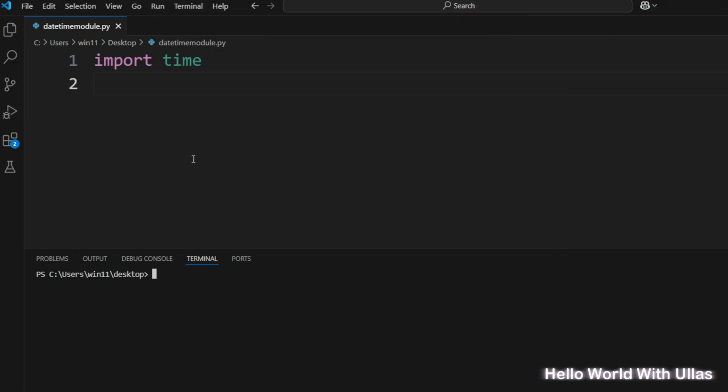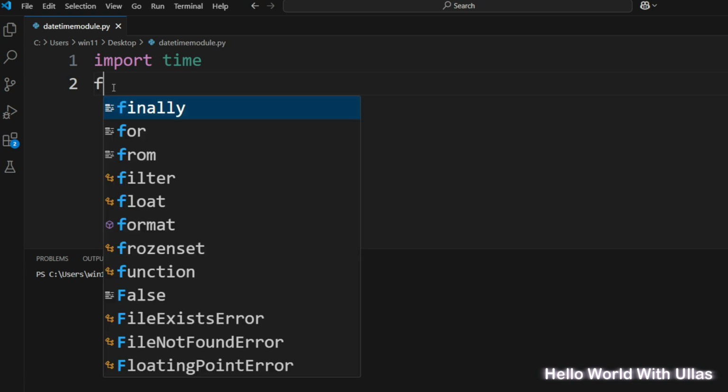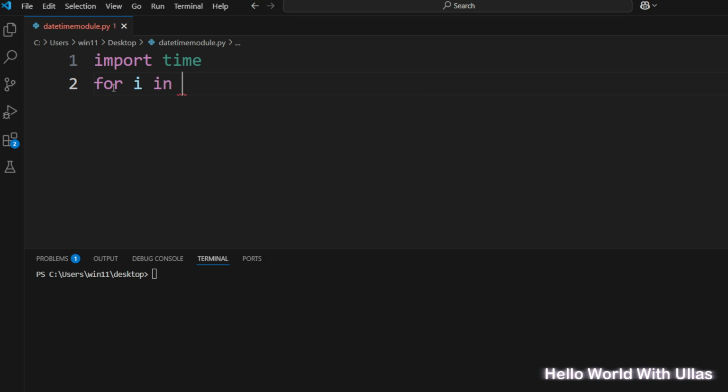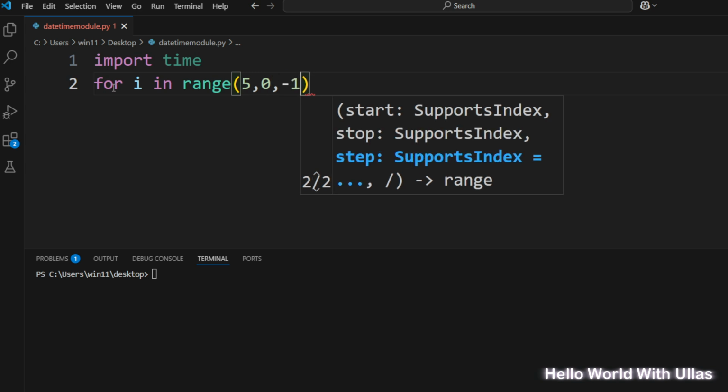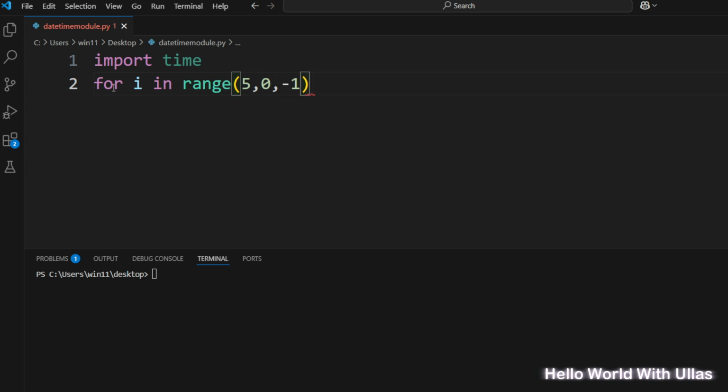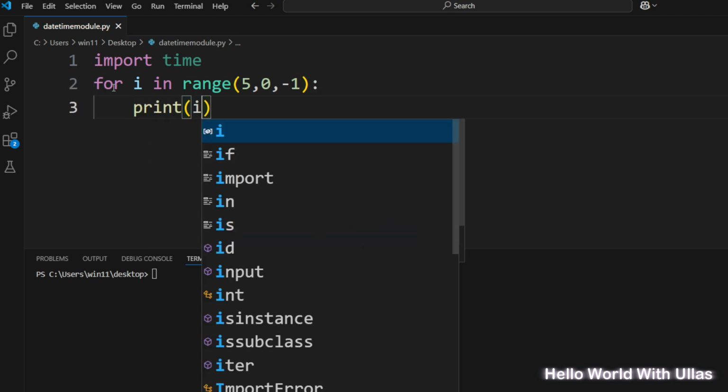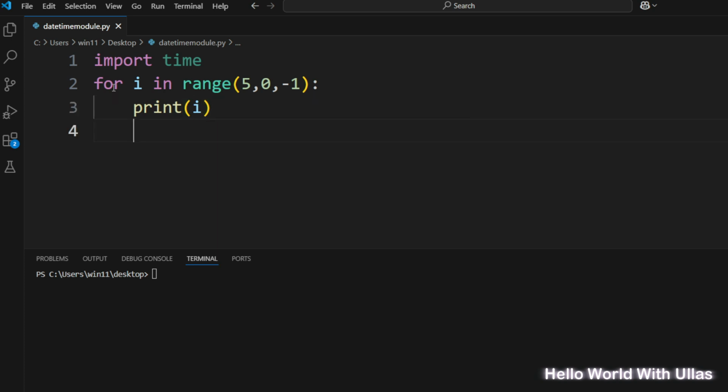Now quickly we'll see a real world example, like a countdown timer. So we have imported the time module. We'll say for i in range(5, 0, -1). What it does is it will count from 5, 4, 3 like that. So we'll print i and we'll give a sleep of 1 second,